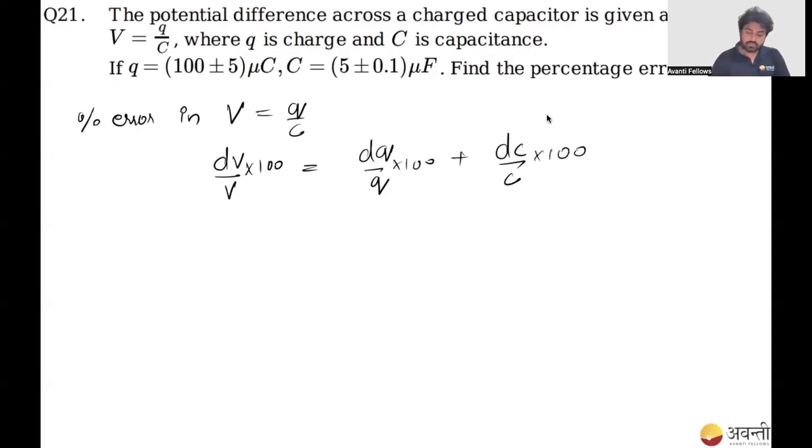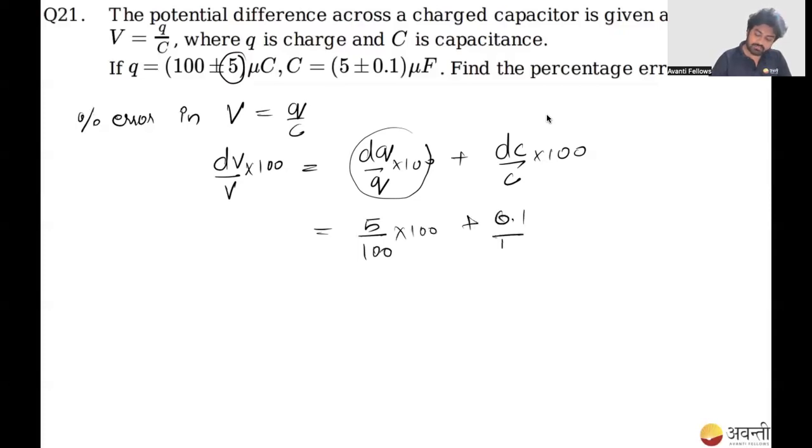Okay. So what is the percentage error in Q? It is 5. You can see here, right? So it is 5 plus, which I will write one more step. So dQ is 5, meaning the variation is 5, and Q is 100, into 100, plus dC is 0.1 upon 5